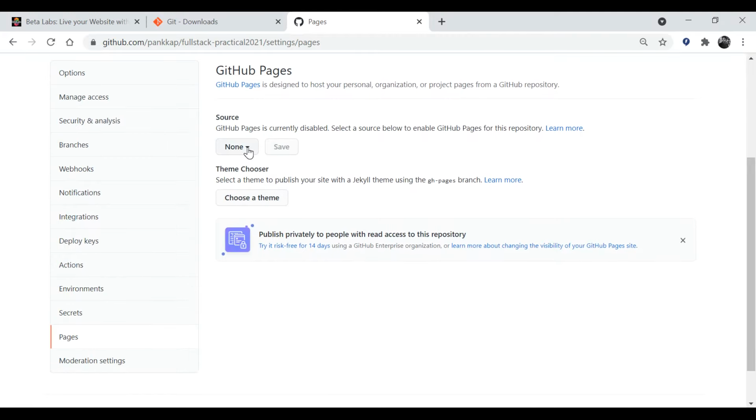and on GitHub pages you have to select the source. See, we have multiple branches. एक प्रोजेक्ट के ऊपर मल्टीपल लोग काम कर रहे होते हैं, मल्टीपल डेवलपर्स काम कर रहे होते हैं। तो अब जब हम फाइनल हो जाता है आपका प्रोजेक्ट को, तो हम उस प्रोजेक्ट को मेन मास्टर ब्रांच के ऊपर ले जाते हैं। सो अभी हम कोई ब्रांचिंग यूज नहीं कर रहे, पैरेलल डेवलपमेंट नहीं कर रहे, तो अभी हमारी जो ब्रांच होगी दैट इज अ मास्टर ब्रांच। ओके, नाउ एंड दिस इज ऑल्सो अ रूट फोल्डर। जो हमारा करंट फोल्डर है दैट इज ऑल्सो अ रूट फोल्डर, और आपको यहाँ पर सेव बटन पे क्लिक करना है।